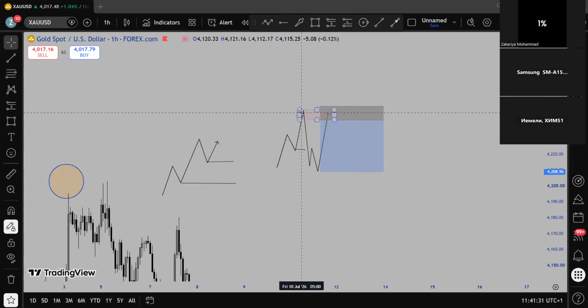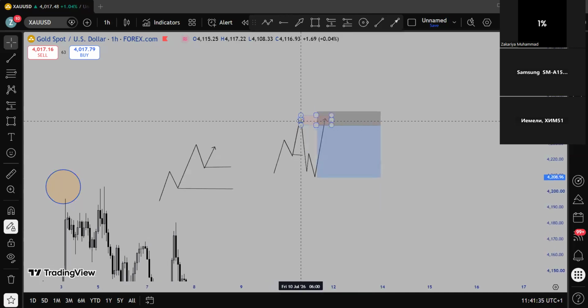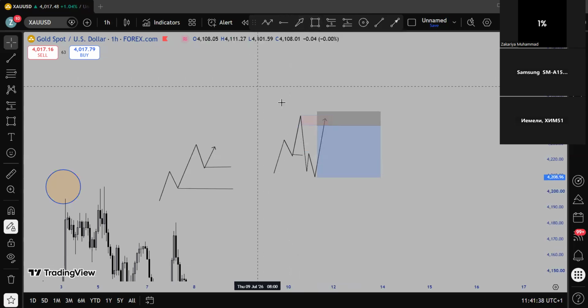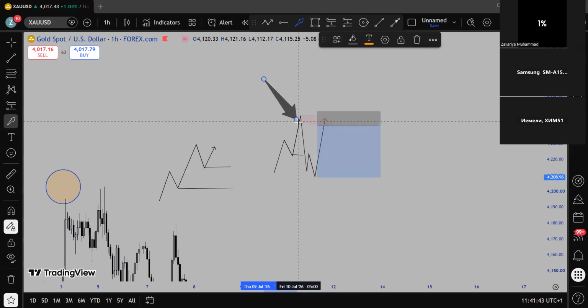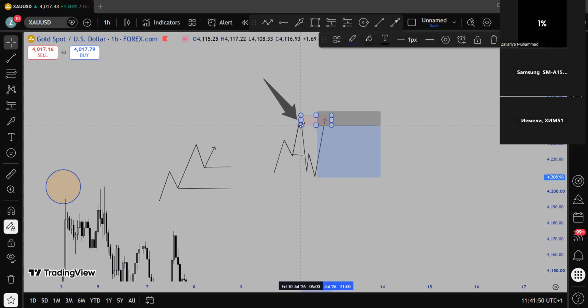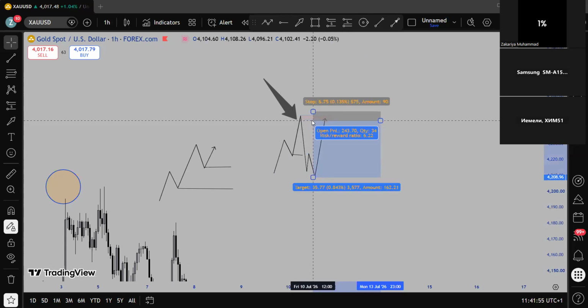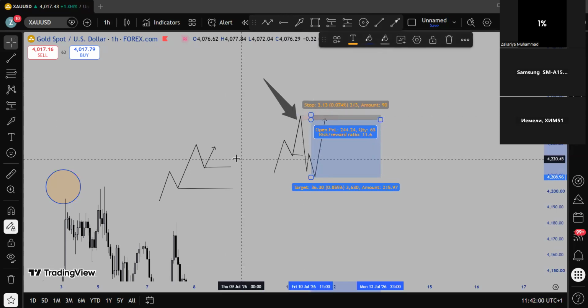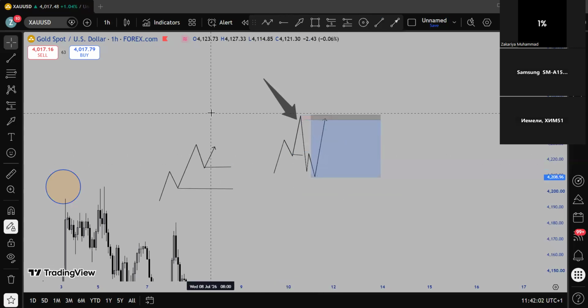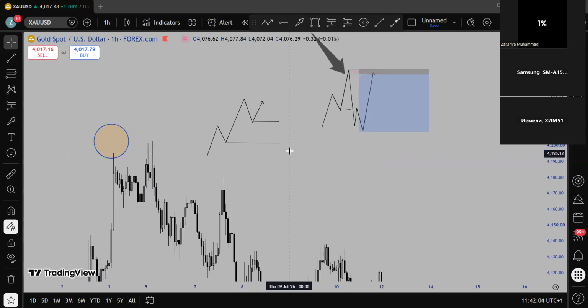This is the reason why I had to scale down to lower time frame to look for structures in lower time frame. Let's say this is a 1 hour OB. Inside this 1 hour OB, you find 15-minute OB, you find 5-minute OB, sometimes you find even 3-minute OB, and that will shrink the OB back to a very small one. You use the smallest one, let's say the 5-minute. You see, instead of having 1 to 3, now you're getting 1 to 11. Yeah, I understand. This is what I mean.